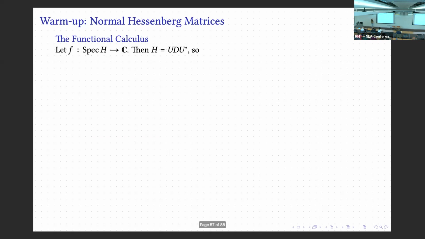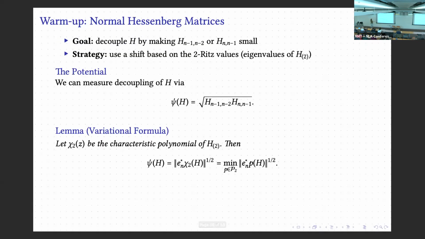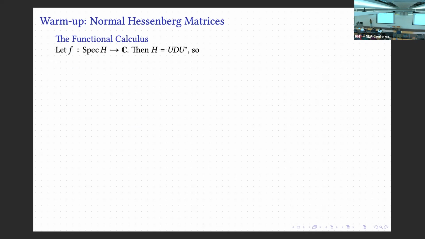Okay, good. So the virtue of normal Hessenberg matrices here is that quantities like this row norm have another interpretation as well. Let f be some function on the eigenvalues of the matrix, just some rational function, say. Since the matrix is normal, you can write it as U D U star, where U is unitary. And so if you start to compute these row norms, like we had on the previous slide, let's look at the square instead of just the norm,